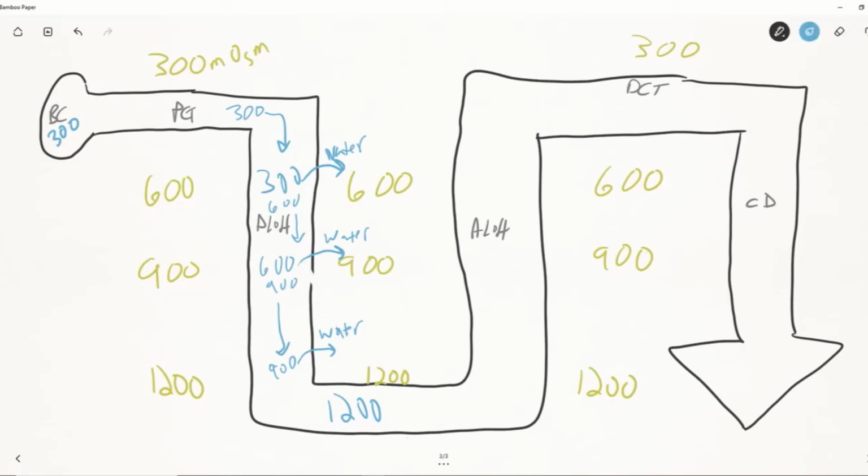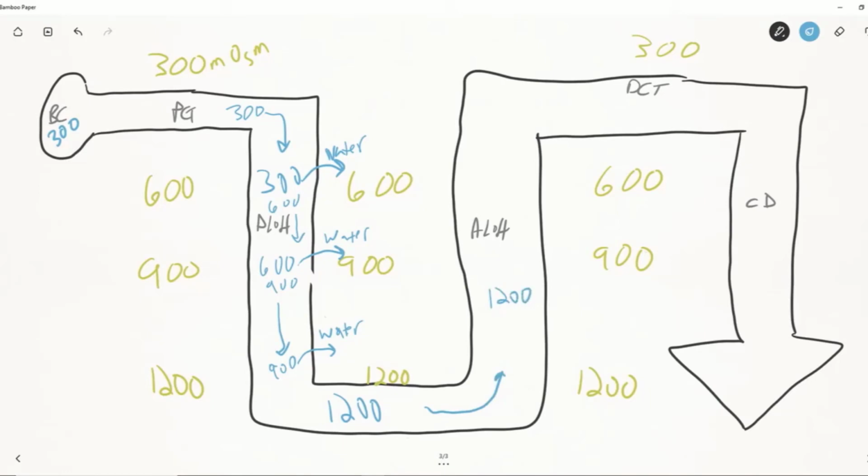All of the water would remain, and we would just urinate a lot, and all the water would just pass straight through us. So there must be a way to keep this osmolarity constant in the interstitium. Well, there is a way to do that. Let's think. As we come back up,